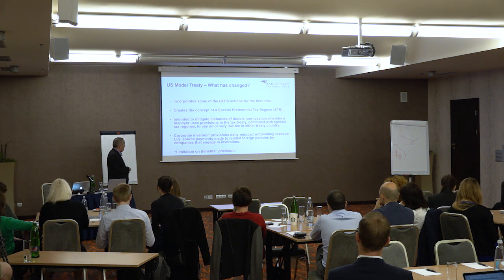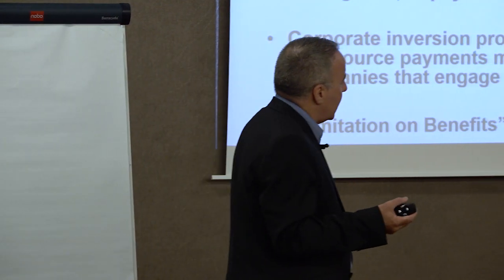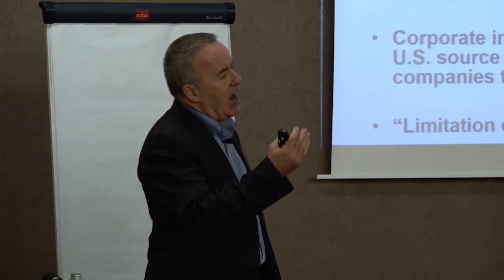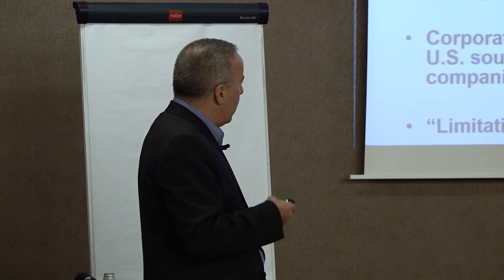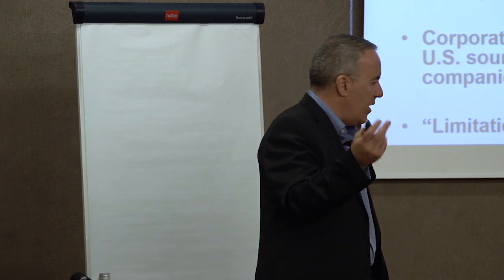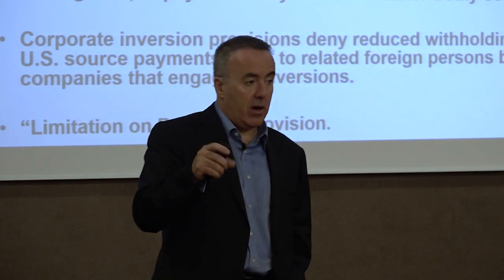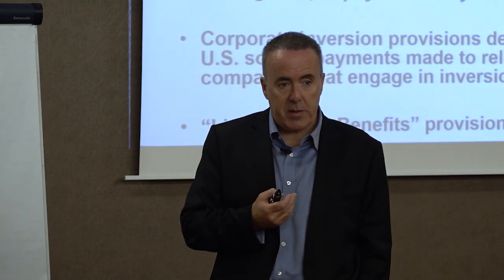And there are special provisions under the US one about corporate inversions. Basically, if you've got withholding taxes, and the double tax treaty says we're going to restrict those withholding taxes to a certain amount on US source payments made to foreign persons, where you've had a corporate inversion those restrictions won't apply, and you won't get the benefit of the withholding tax being limited to a special rate.